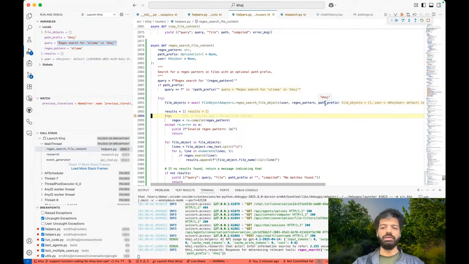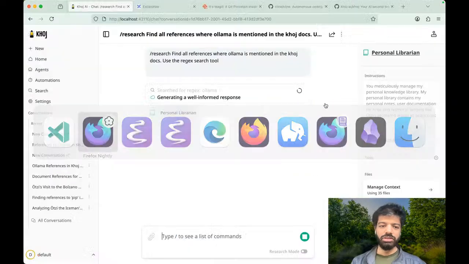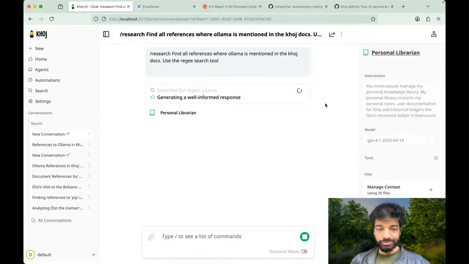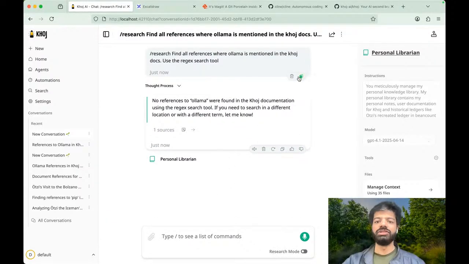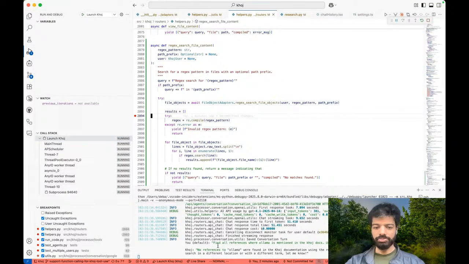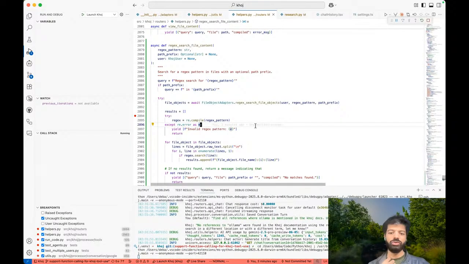Oh, okay, no, this is fine because it tried to search with a path prefix, and there's no path prefix called Khoj in this thing. Oh, because I said Khoj documentation, maybe. Let me try again. It's more the LLM prompt tuning and the LLM getting what we're doing. But I just want to verify if the grep works at all.